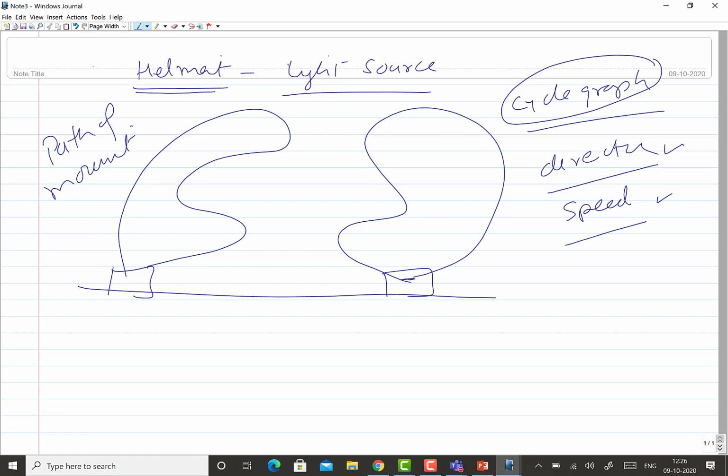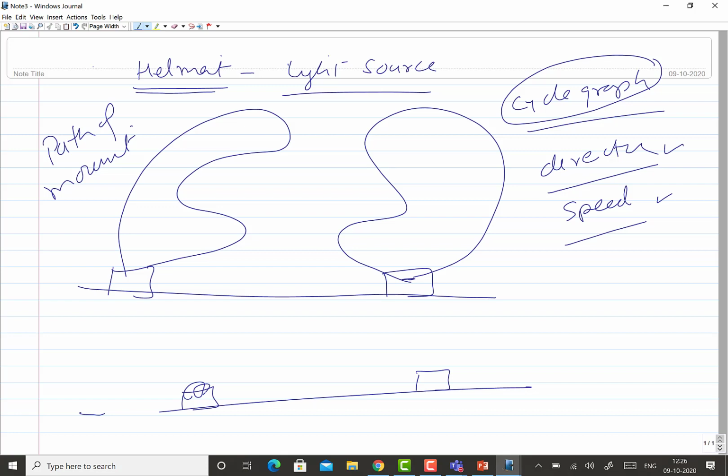So in order to get a better idea about the direction and speed as well as the path of movement, let's say this is the light source, and now this light source is flickered, that is, interrupted at a certain frequency.